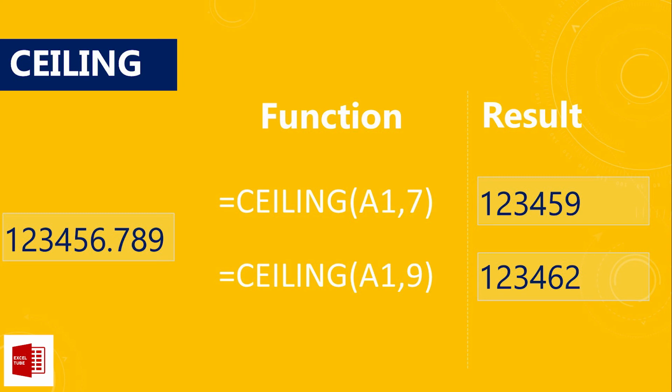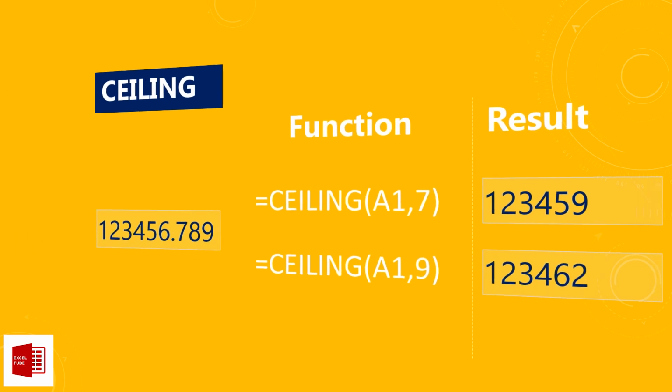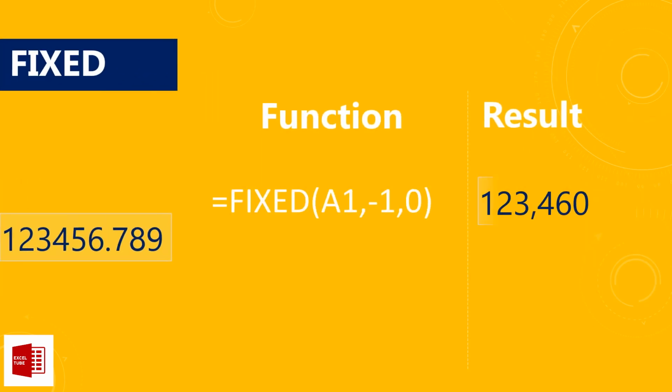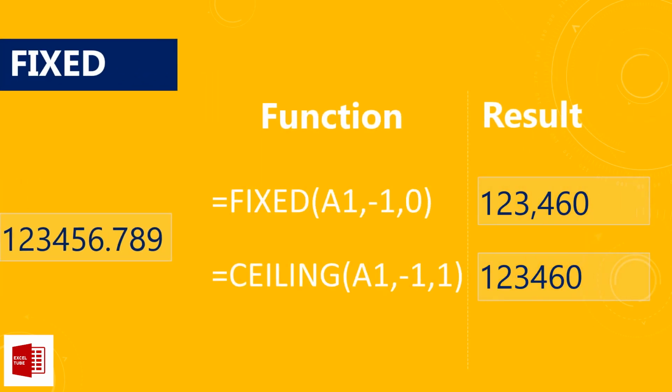I will introduce one more last important function in rounding. The equation is called fixed. It is basically a round function with a formatting option. As you see in the example here, the format is like equal to fixed, open bracket, select the cell we want to round off. I have put -1 for the number of multiples of tens. You can put any number or 0. If you put a positive number, that much decimal points will remain, and if you use a negative number, it will be the multiple of hundreds or tens, and you can even put 0 if you want the number as